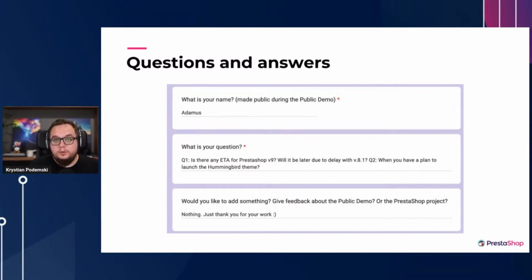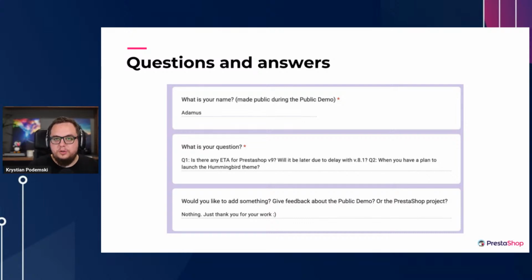So yeah, the plan is to have it in v9, either as a default theme or as a theme next to the Classic. In my personal opinion, it should be a default theme. We should move forward and let developers prepare better themes for the ecosystem. But it's a tough choice. We all remember what happened from 1.6 to 1.7. There was really an angry community at us for releasing a new theme, which was not ideal, which was based